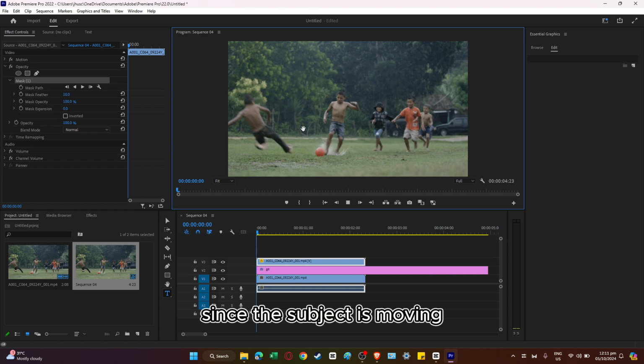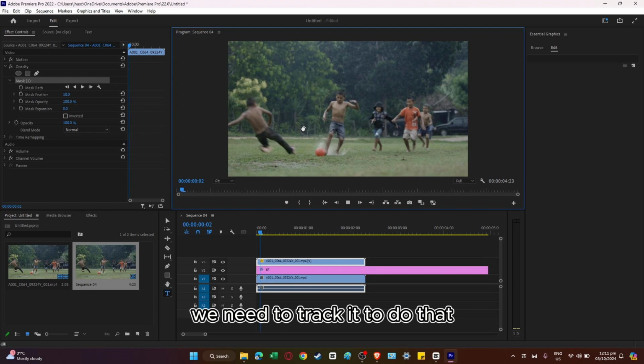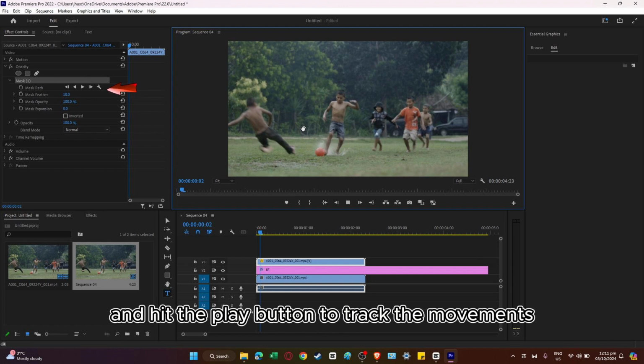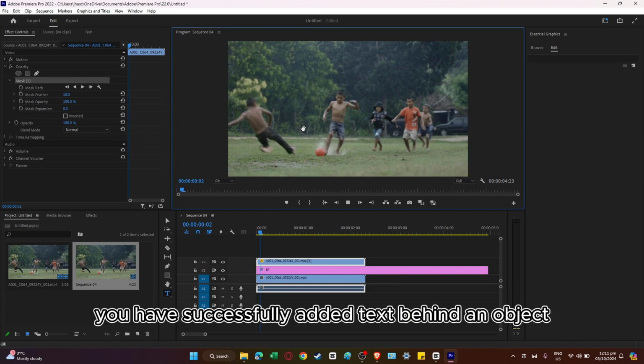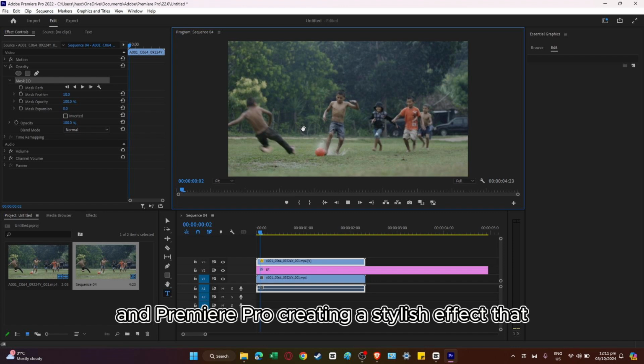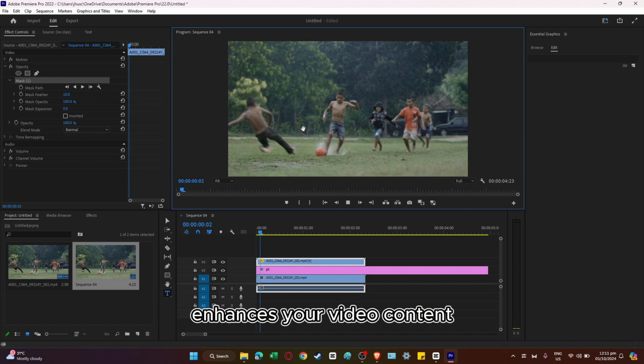Since the subject is moving, we need to track it. To do that, select the top video layer again and navigate to effect controls. Click on the mask path over here and hit the play button to track the movements. And there, you have successfully added text behind an object in Premiere Pro, creating a stylish effect that enhances your